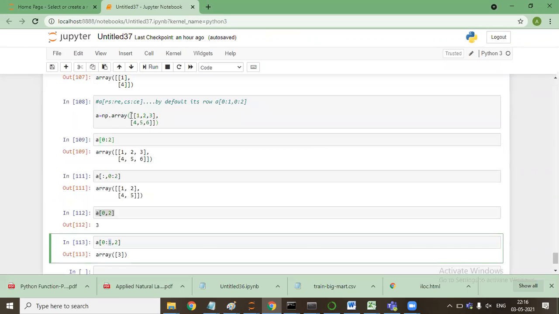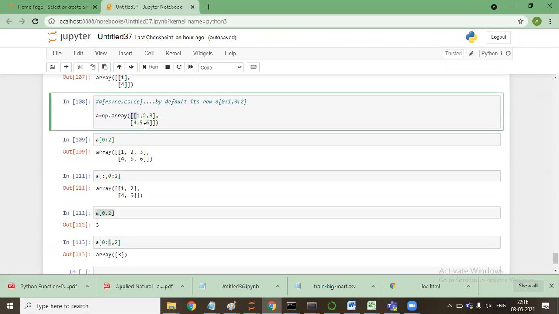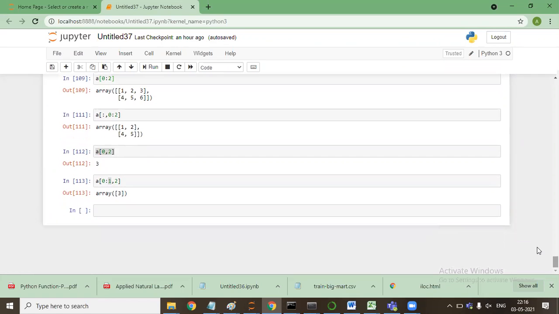It has two brackets like this. Now I got it, sir. Everybody, did you get the concept? Yes, sir.